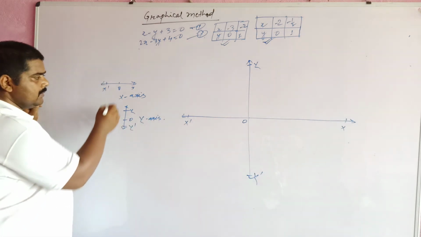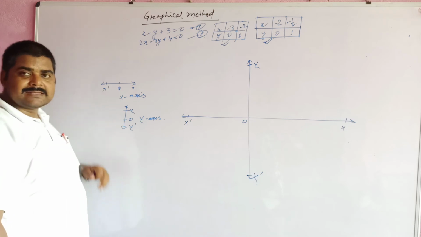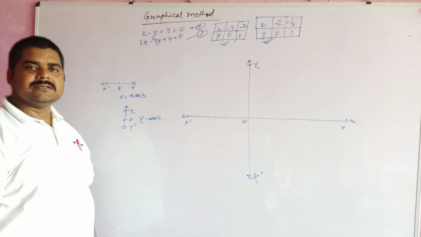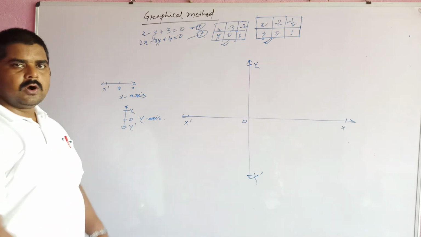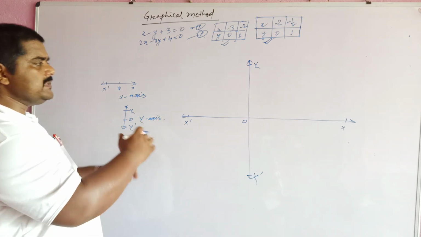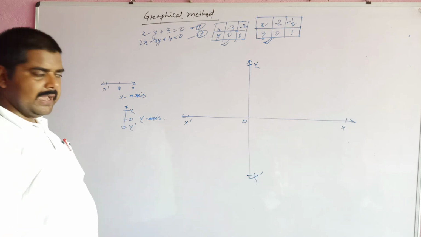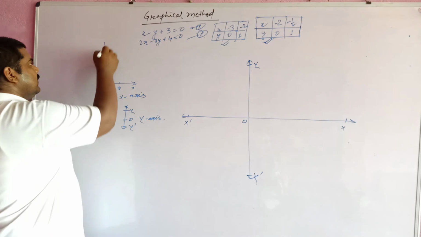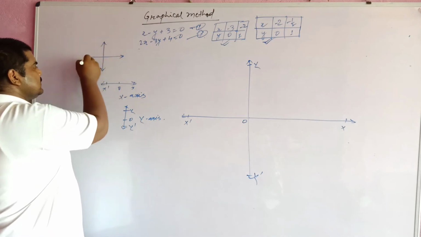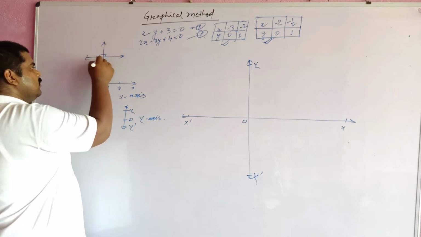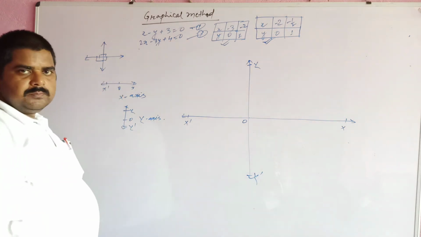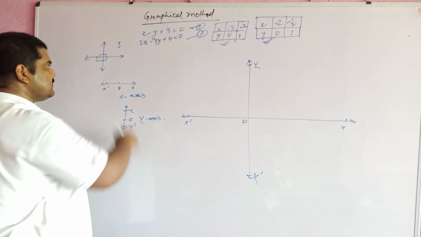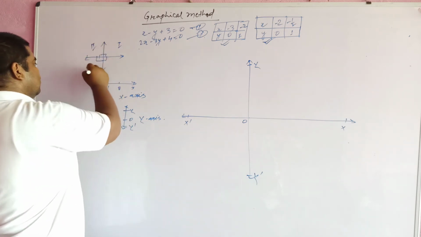And also know that the coordinate of x is known as the x coordinate, and the coordinate of y is known as the ordinate, or y coordinate. You have to represent the coordinates on them. And you also know that when you draw the x and y axes, they are perpendicular to one another. And you also know very well that this is known as the first quadrant, second quadrant, third quadrant, and